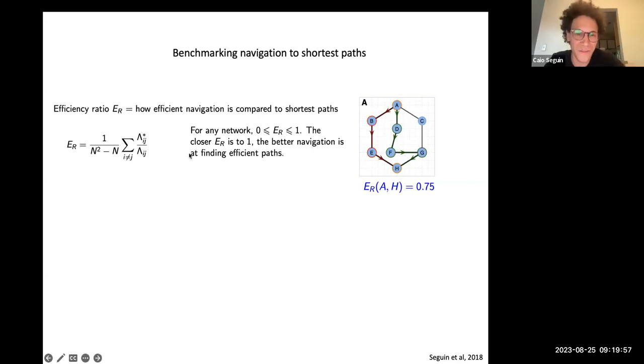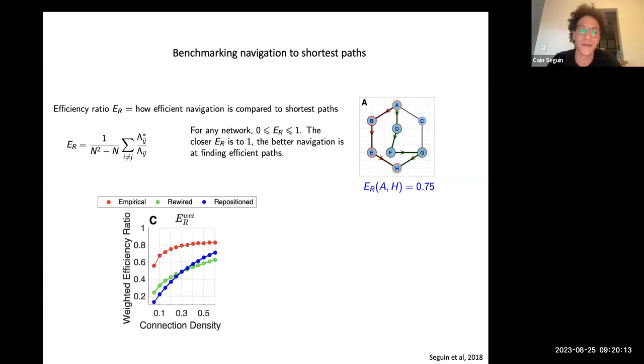So we thought, okay, how efficient is this compared to the shortest path? So we came up with this measure of the efficiency ratio, which is really simple. If your navigation path has 4 hops and your shortest path has 3 hops, the efficiency of navigation here is 3/4, so 75%. And then you can compute that for every pair of regions and you can average that. And this is what we are showing here in the y-axis. In the x-axis, we're thresholding our human connectome at different connectivity densities. And we can see for typical connection densities around like 25%, we actually get around 80% of the efficiency of shortest paths, only based on these very simple heuristics.